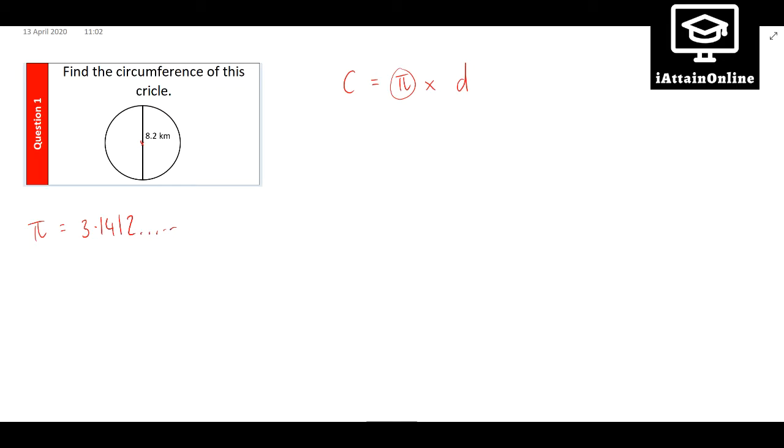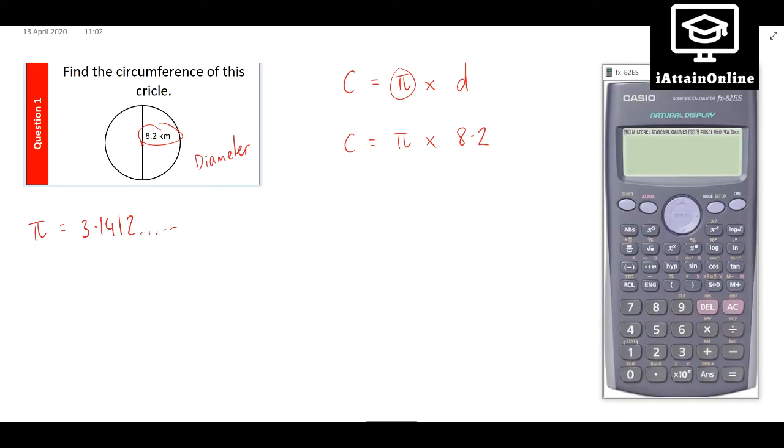Okay, so to find the circumference of this circle, the distance all the way around the outside, all I'm going to do is pi multiplied by, I want you to check, because you won't always be given the diameter. Sometimes you might be given the radius, and that's really important. Remember, if you are given the radius, you need to double it first to find the diameter. In this case, this 8.2 that we've been given is the diameter, so we're just going to do pi multiplied